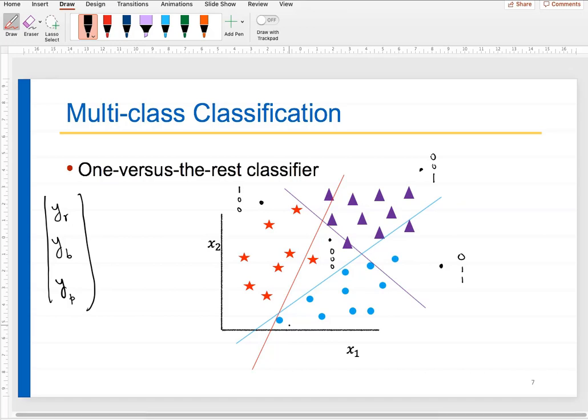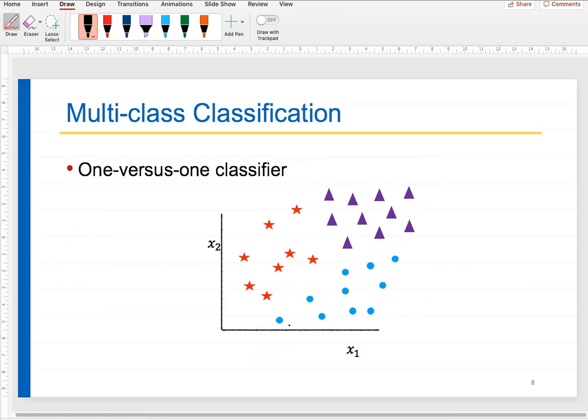Can we try something else? Probability distribution. Okay. This is another option. We'll come to your answer. This is a one versus one classifier. What does that mean? Okay, I know I cannot separate red from everything else, but I can take pairs of data and design classifiers for those pairs, and then based on their decisions I can take my overall decision, right?